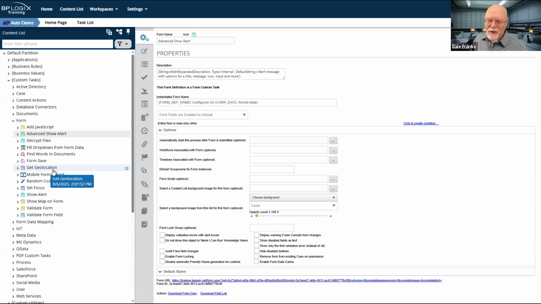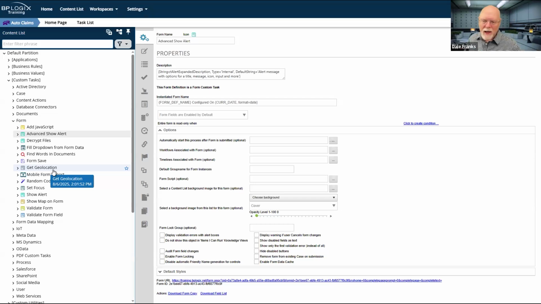So if you're interested in custom tasks, please check out the developer's guide. We have some explanation of how you can build those custom tasks that you might need for some unique function that you would like Process Director to do and that you want to be able to use on any form or process timeline. So that's always available as an option to you, assuming, of course, that you're licensed to use the SDK.